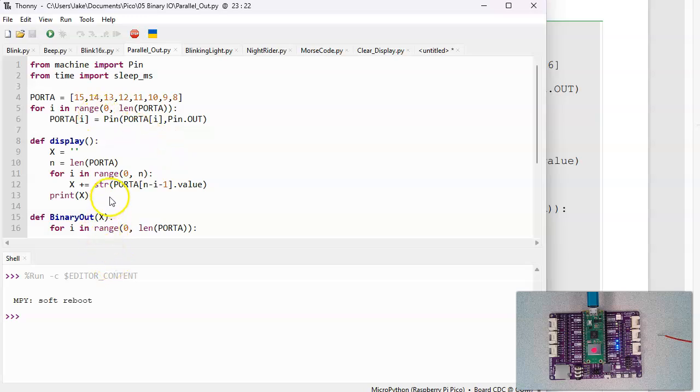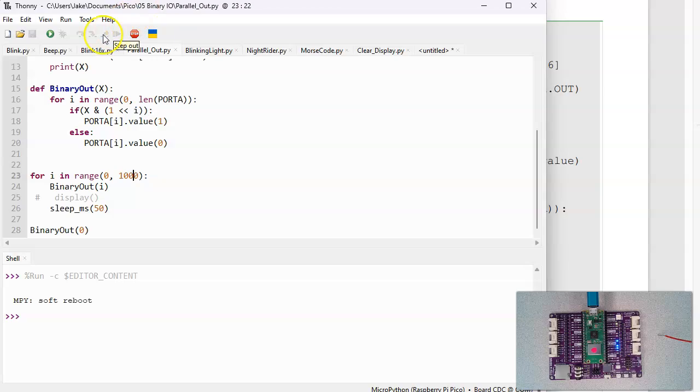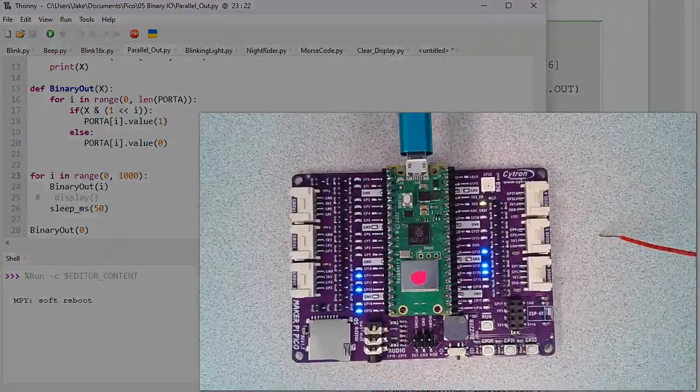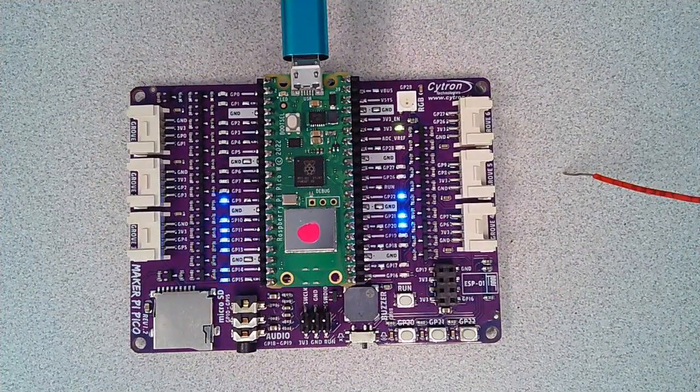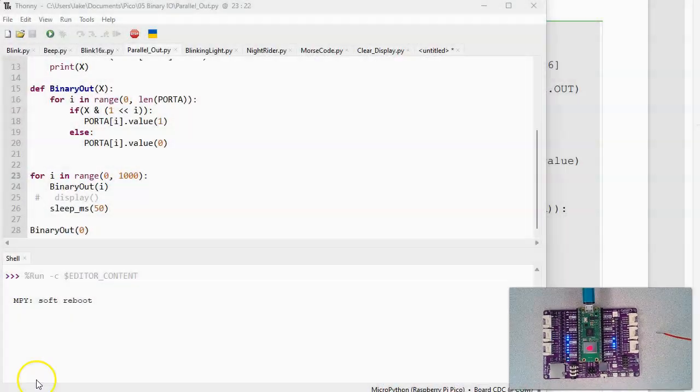And as I run it, you count to 1,000. You can see that pins 15 through 8 are counting. There's the most significant bit. What's kind of nice about that,